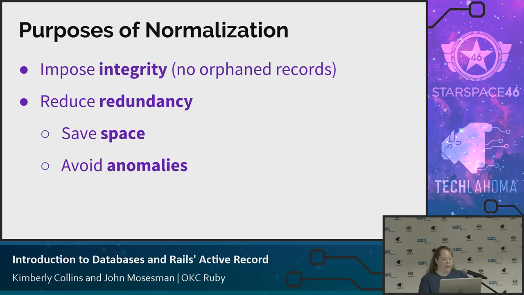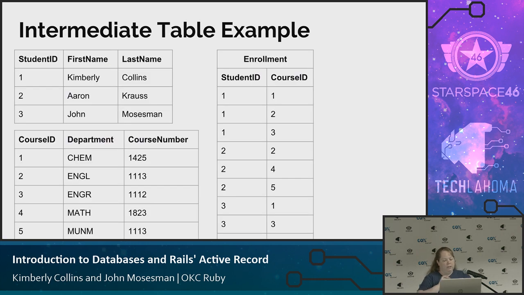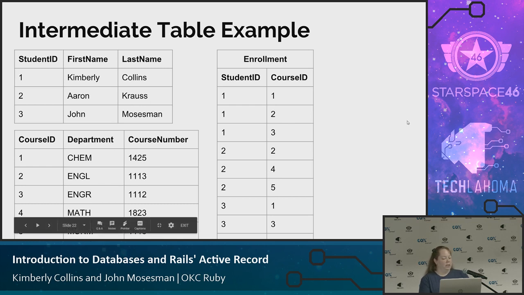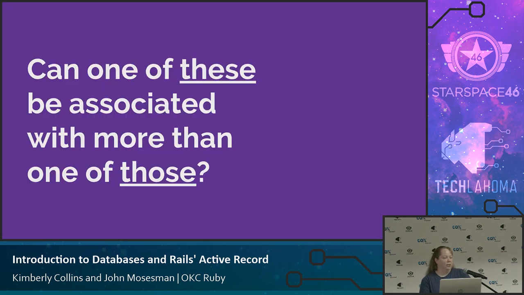Back on this example, I've taken one step towards normalizing, but the next step is I need to do something with department. One thing you're going to be thinking about in the back of your mind is, can a course be associated with multiple departments, or are those different courses? That's the type of question you're going to be asking over and over: can one of these be associated with more than one of those, and vice versa? Because that will tell you whether this is a one-to-many relationship or a many-to-many relationship, and that's what we need to know to determine whether to create that intermediate table.